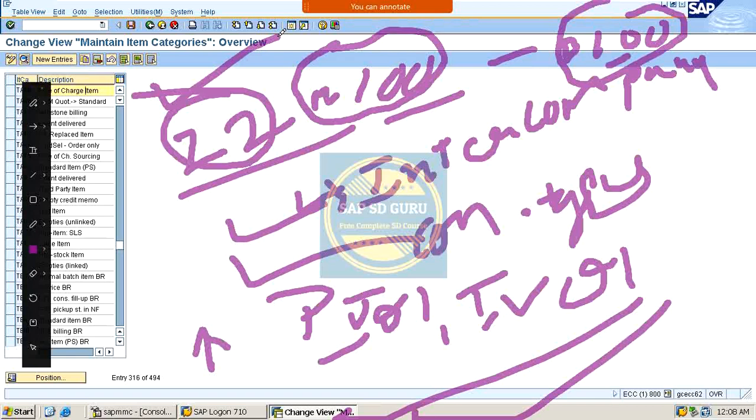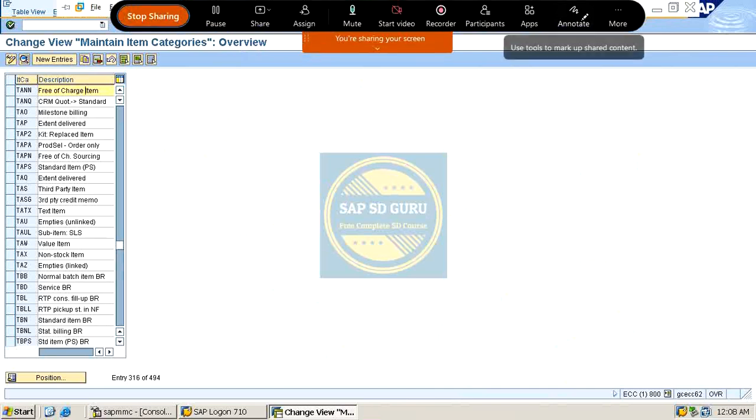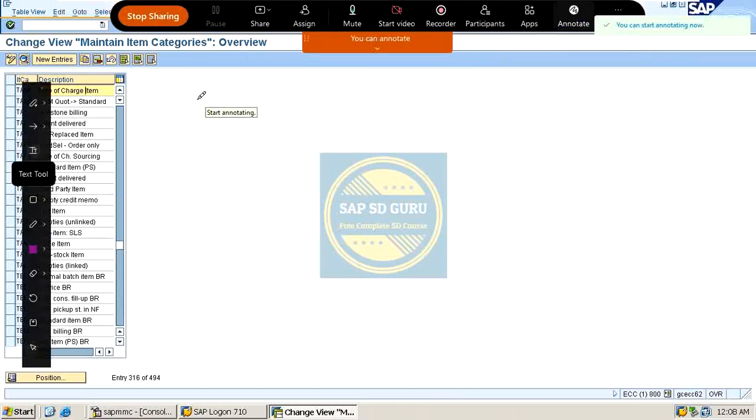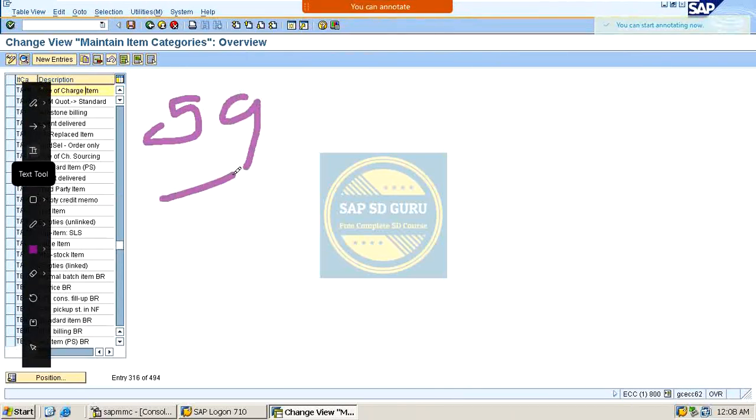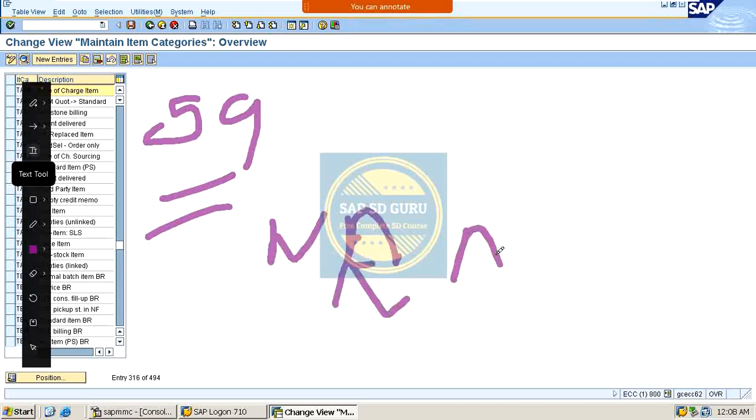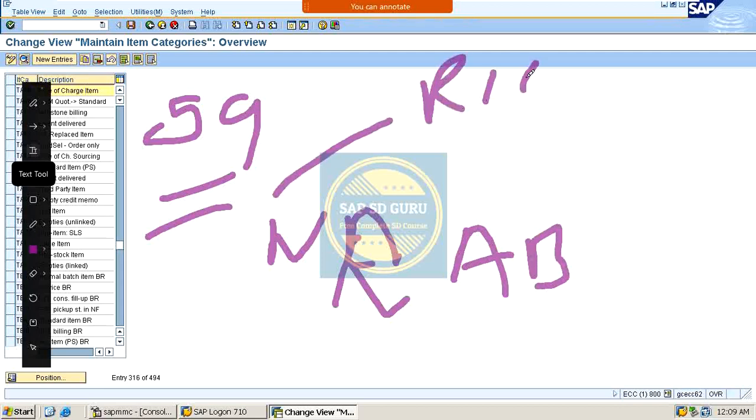In the same way, it also checks that the plant should not be blank. Now let me take one more requirement, that is 59. The requirement 59 will be used for the NRAB condition type. I have already told you about the R100 condition type,